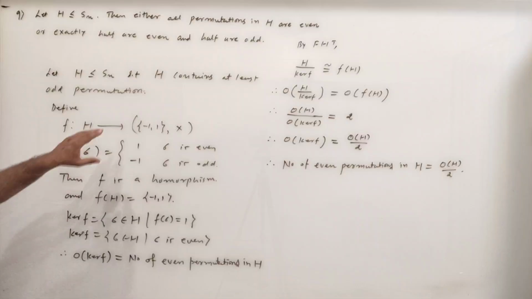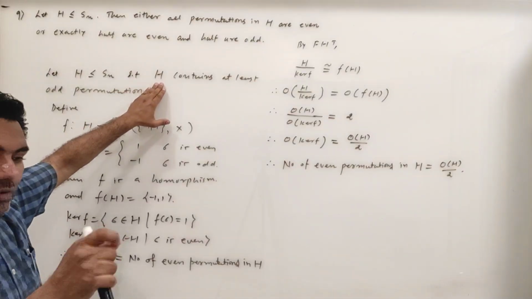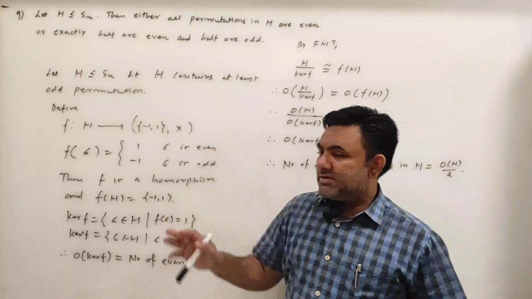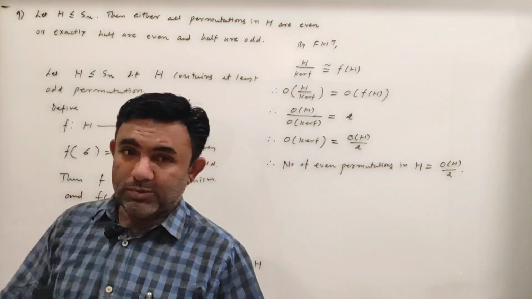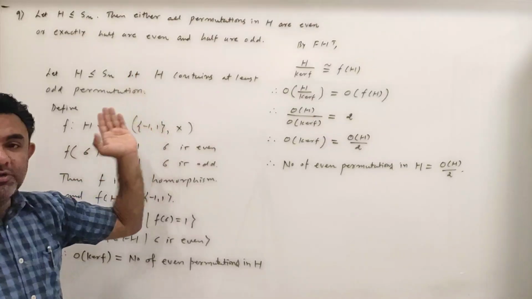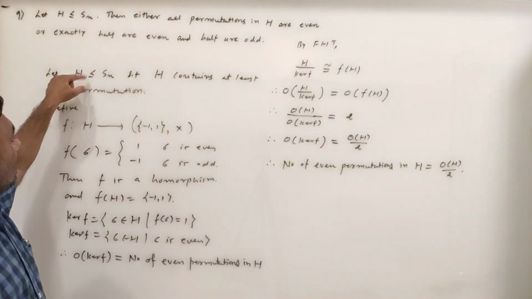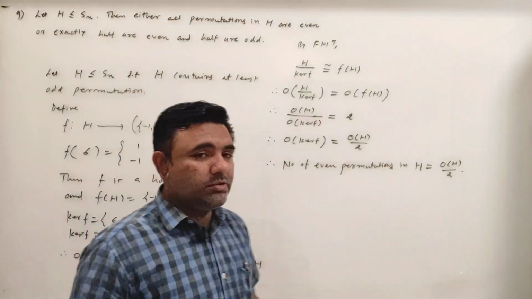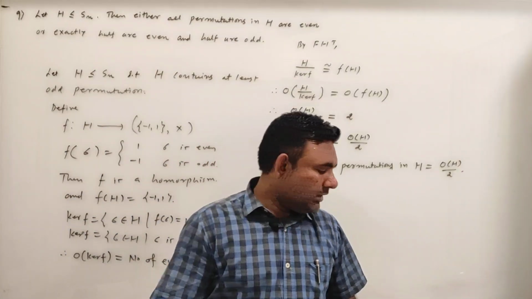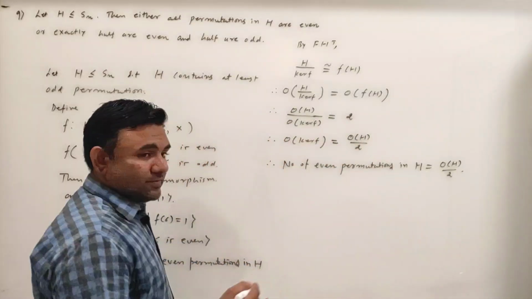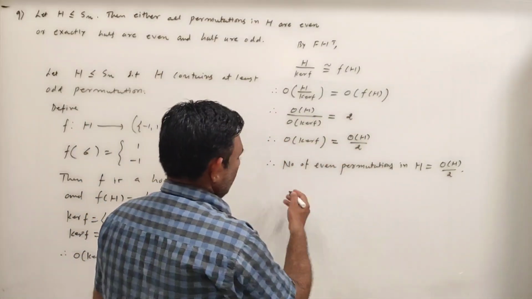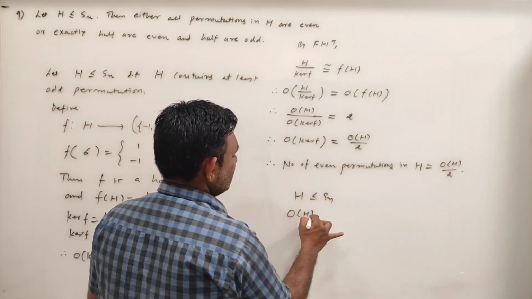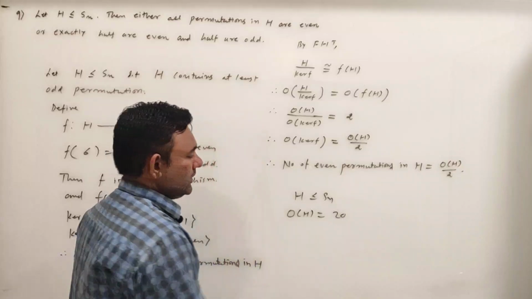तो यदि मेरे H में at least one odd permutation भी आ गया, then the number of odd permutations in H are what? The number of odd permutations are exactly half of the total number of permutations, and the number of even permutations are also exactly half of the total number of permutations. तो मतलब कि suppose मेरे पास, अभी हमने example देखा था, suppose H is a subgroup of Sn and the order of H is equal to, say 20, and let me say 30,